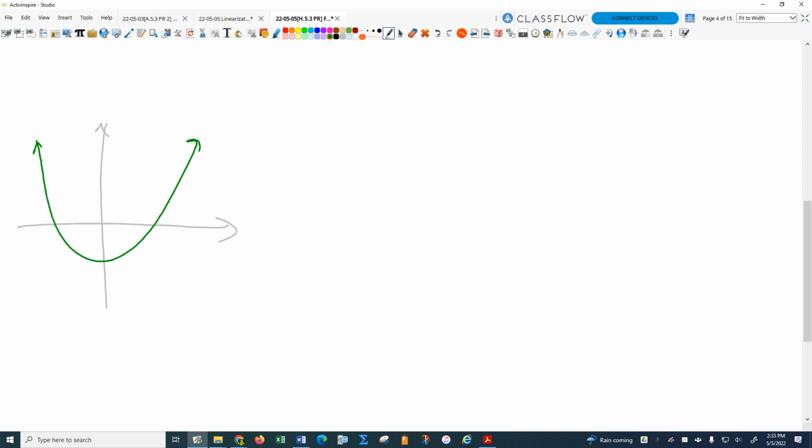There's a parabola. What's the degree of a quadratic every time? 2, right? The degree is 2. And so I'm guaranteed to have 2 complex zeros. In this case, they're both real, and so I get 2 x-intercepts. Everybody see that? Both of them are real. Okay, what if we do one like,